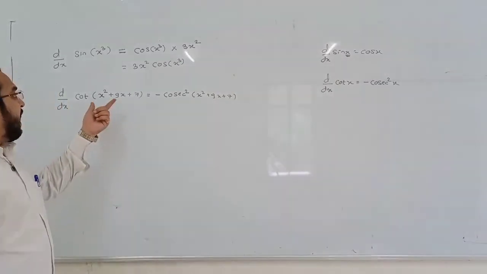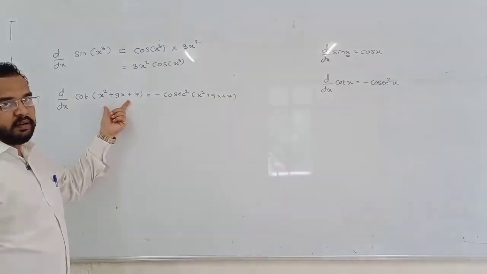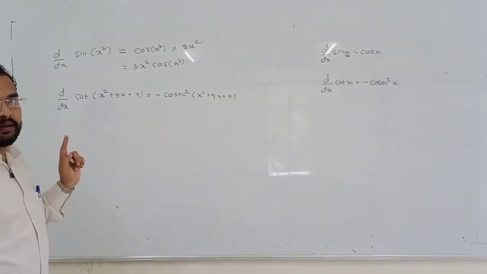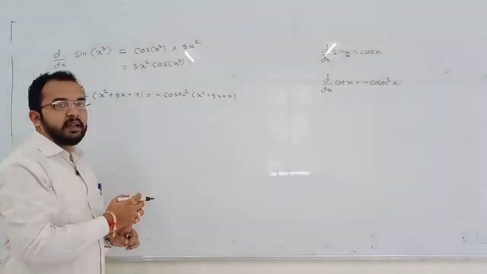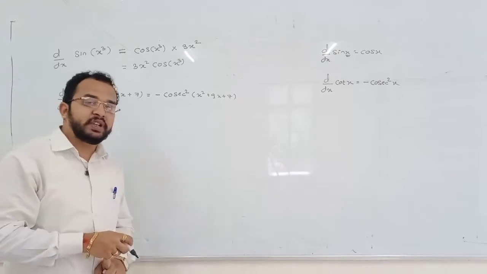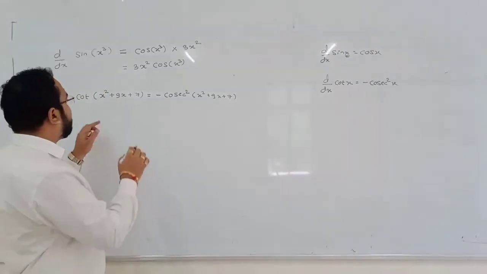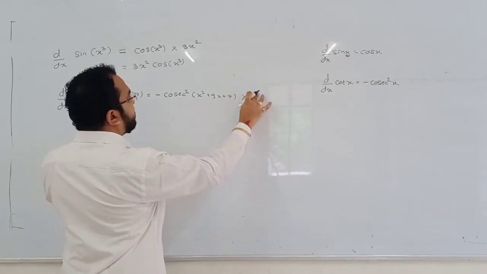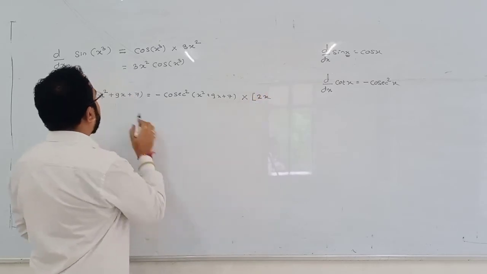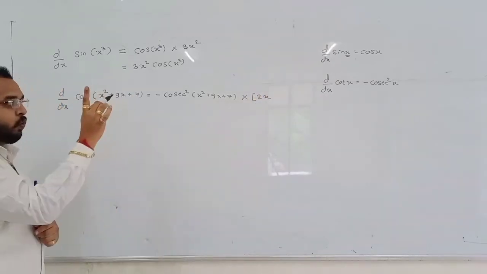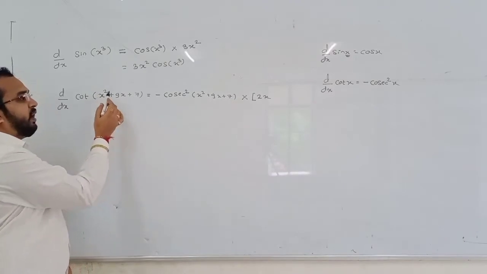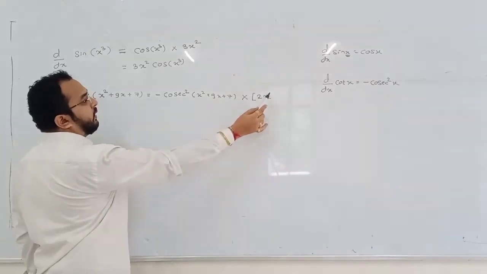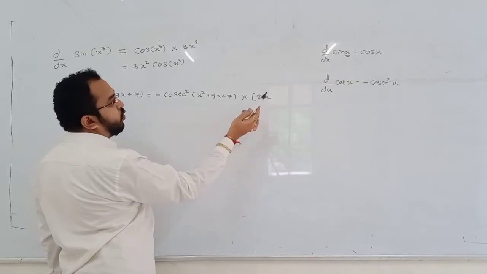But as this something is not x, we differentiate it again. Is what is in the bracket x? No. So since it is not x, we must differentiate it again by using the chain rule. What is the differentiation of x square? 2x. The 2 comes down and the power becomes 1. Take the power in the numerator and reduce the power by 1. By reducing the power 2, it becomes power 1, and taking the power in the numerator, it becomes 2x.